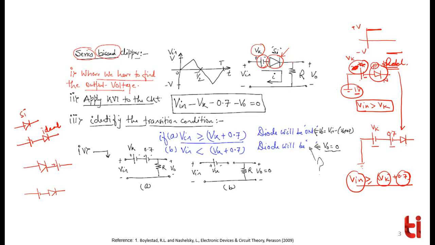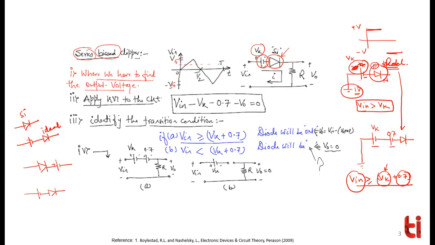Yes, anybody? Okay. Now let's assume, we don't know yet what Vk plus 0.7 is, because we don't know the value of Vk. It's a general term. If 2 volts were given here and, let's say, 5 volts at the input, we would immediately draw a line at 2.7, since 2 volts plus 0.7 is 2.7: beyond 2.7 volts the diode will be in forward bias.